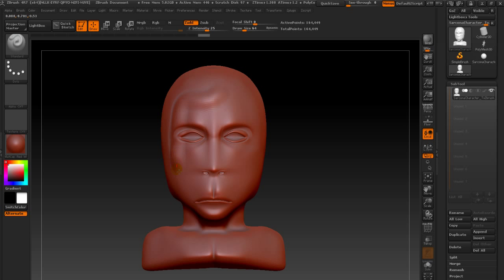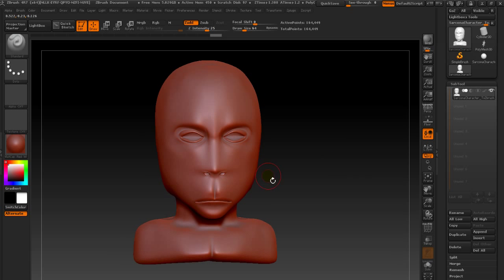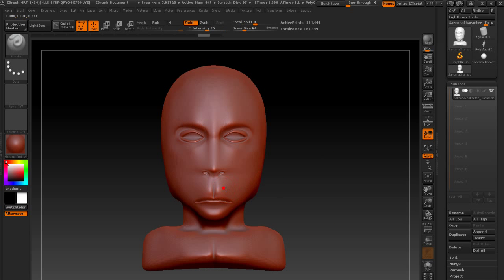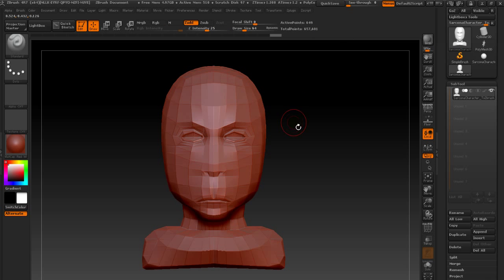So as we click and drag, you can see what we can draw on his face at this level. And then if I switch back to a lower resolution, so right now we're at this high 161,000 divisions. Smooth it out again, you can see how much finer there we go. Now we can go back to the lower setting by hitting